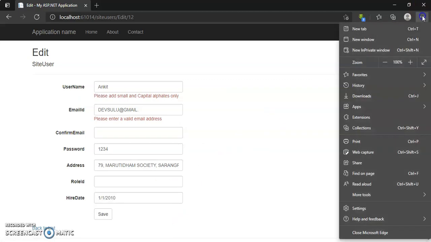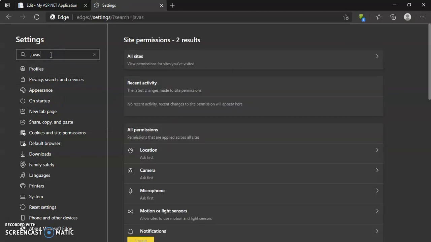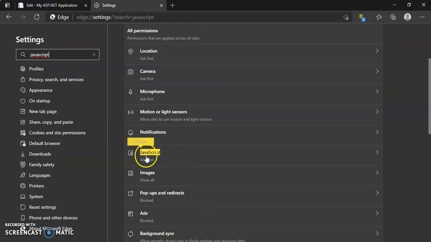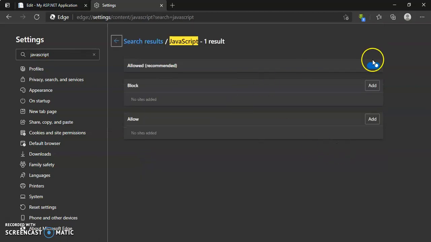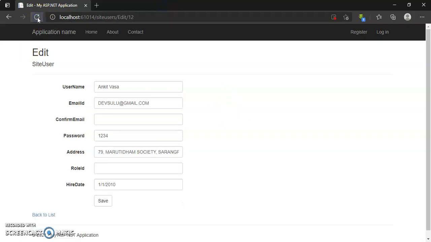If the user sets client side JavaScript disabled, okay, I have disabled this. Now if I click here, the validation does not occur. Why? Because JavaScript enabled equals false.